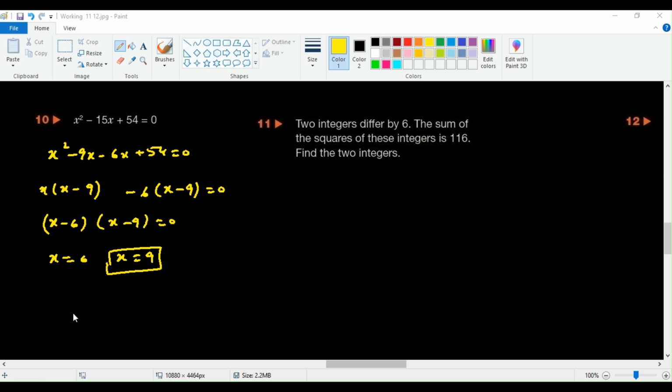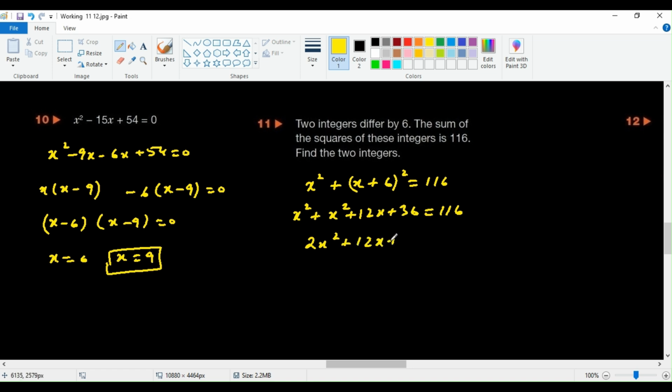In here it says that there are two integers that differ by 6. That means the first value is going to be x squared and the second value is (x plus 6) whole squared, which equals 116. So when I simplify this, the second bracket is going to be x squared plus 12x plus 36 equals 116. That means it's going to be 2x squared plus 12x plus 36 minus 116, which is going to give us 2x squared plus 12x minus 80